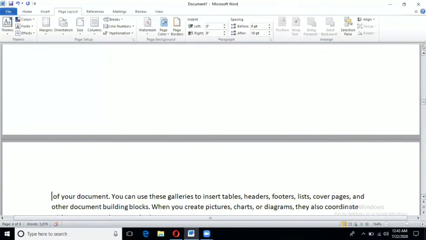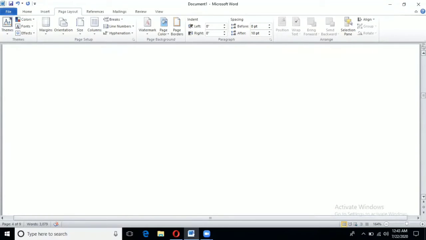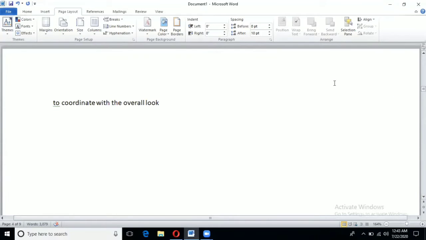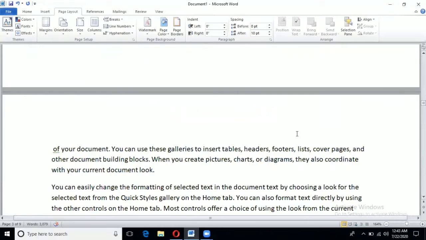You can see now my page is broken. Wherever my cursor was, after this word, I pressed Control plus Enter. Then you can see the text has gone to the next page, that is page number 4.